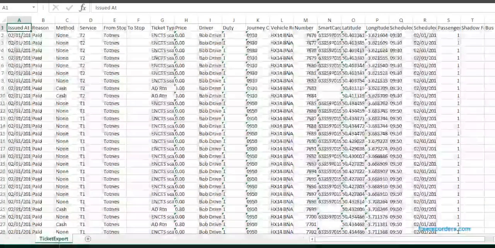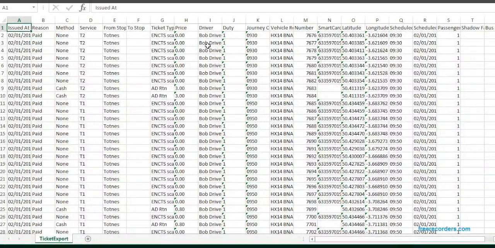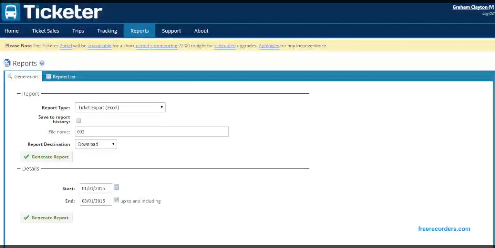When I open it, it shows the ticket export and different ticket types and the price. So that's